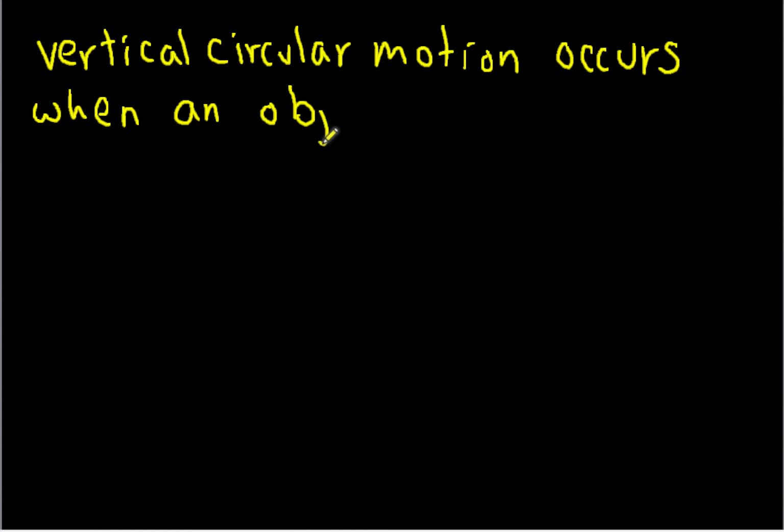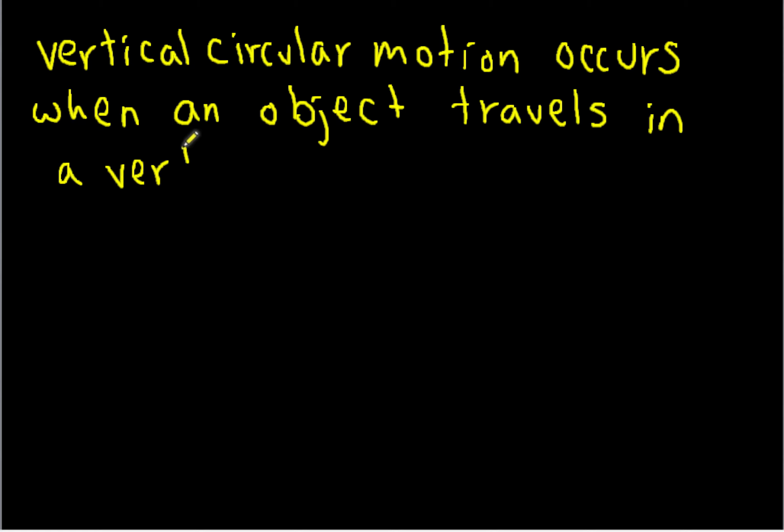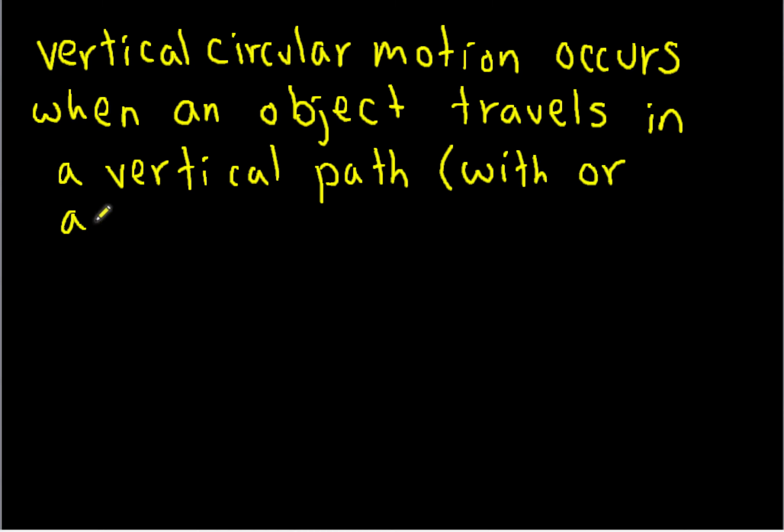Vertical means up and down along the y-axis. The other way you can think about it is vertical circular motion is whenever gravity is involved in the object's motion. So the object is either moving with or against the force of gravity. When an object undergoes vertical circular motion,